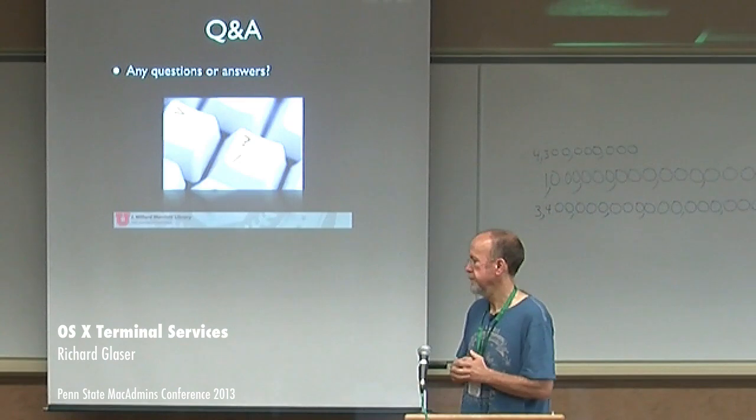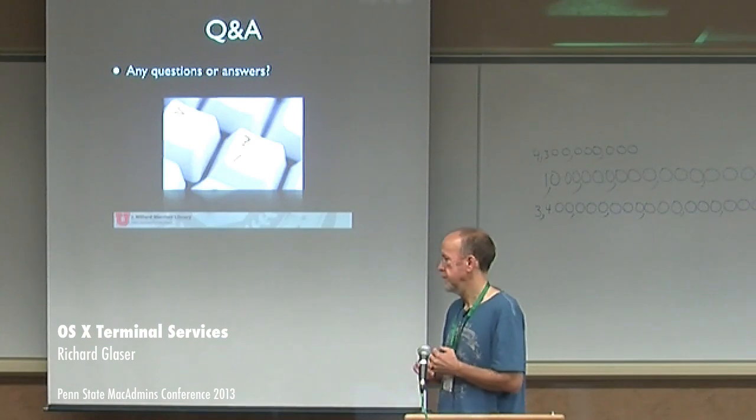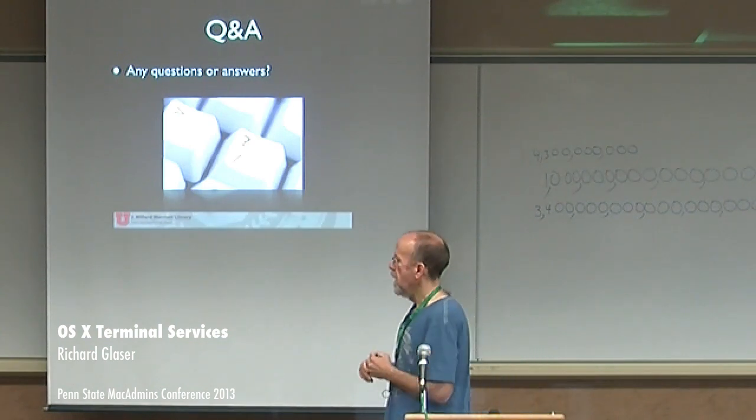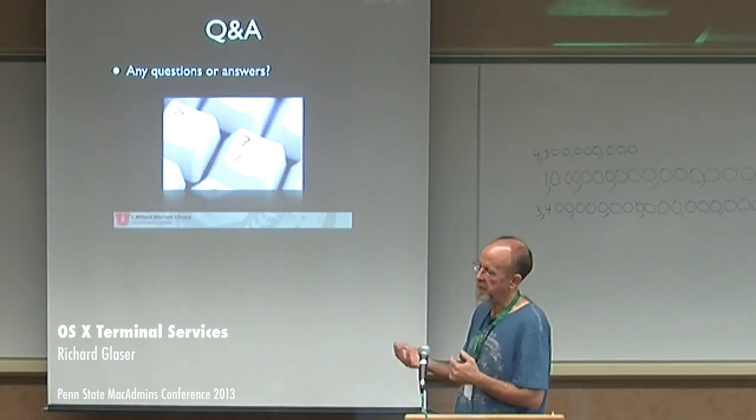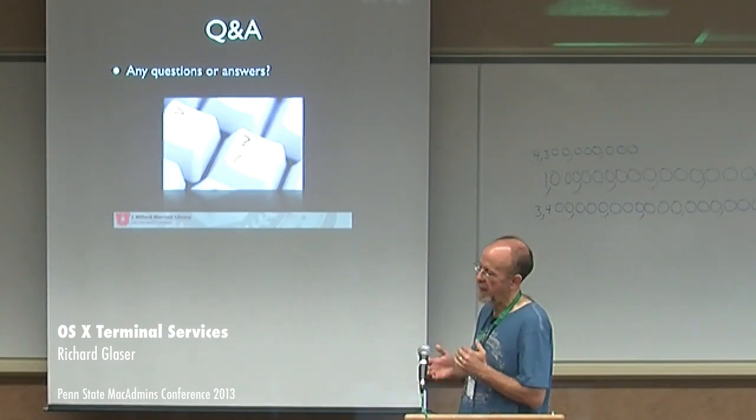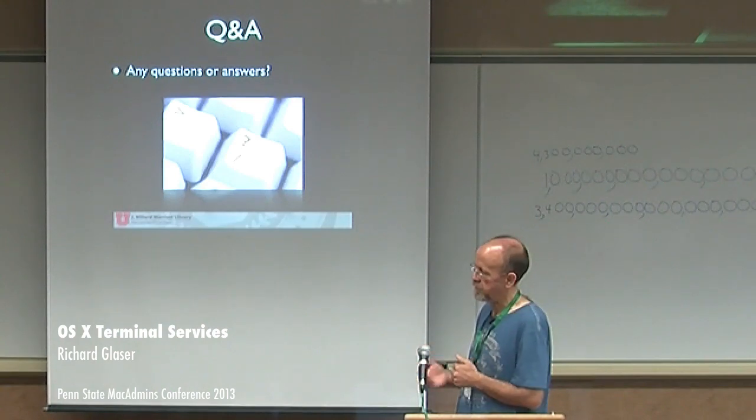Just curious about the density with your backend setup. How many users can you get on one machine? It depends on what type of performance. I can kind of give you a formula. We actually halved it, basically. So we're doing 8 to 9 per machine. But it depends on what your users are doing, what software they're using. Sure.